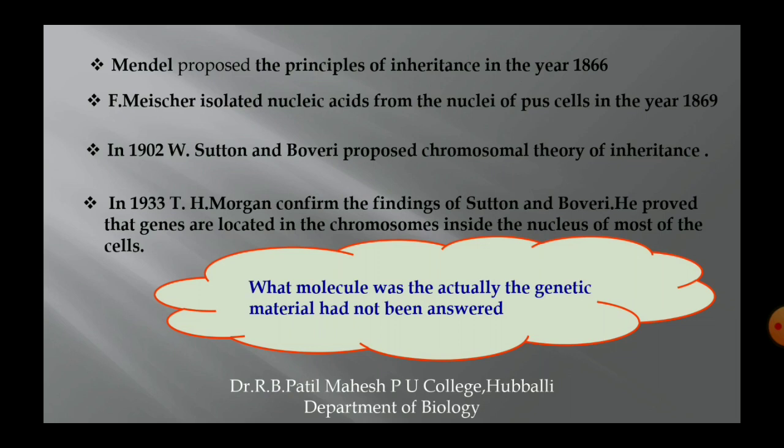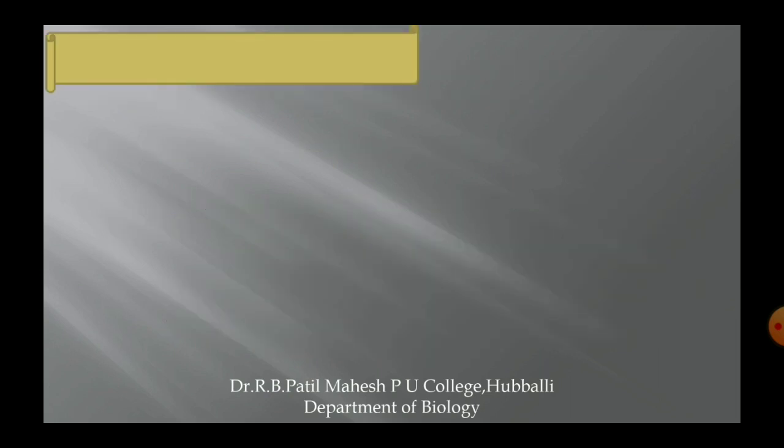Why protein? Because proteins are made up of 20 different types of amino acids. They exhibit diversity. When compared to proteins, DNA is made up of only 4 nitrogen bases. They exhibit little diversity. As a result of this, a series of experiments were conducted to prove which one is